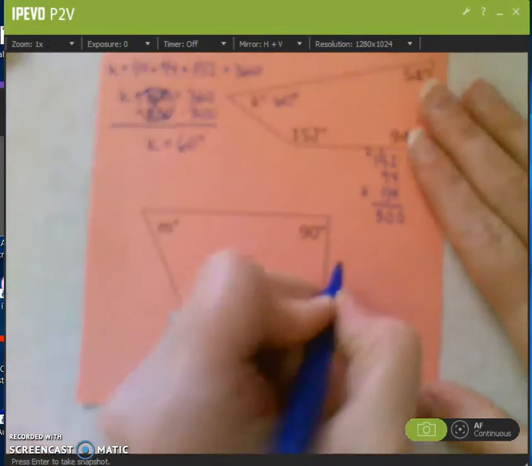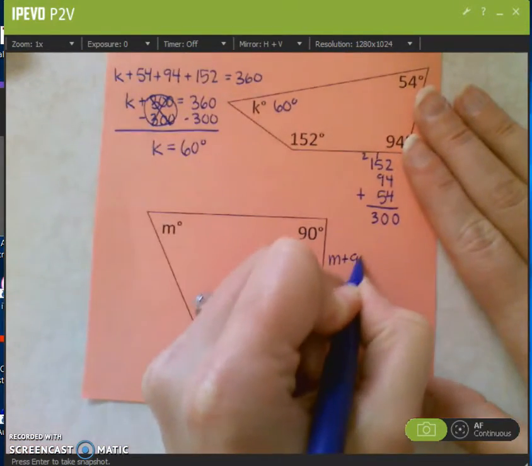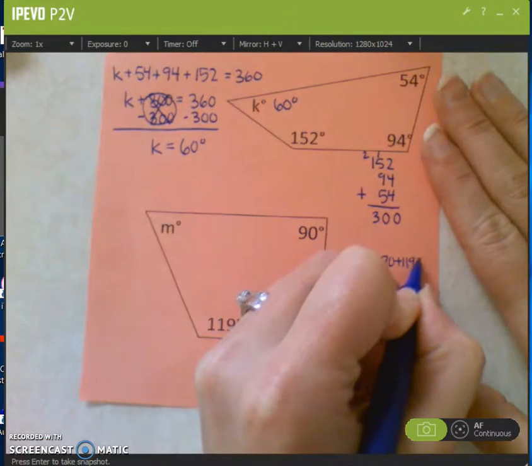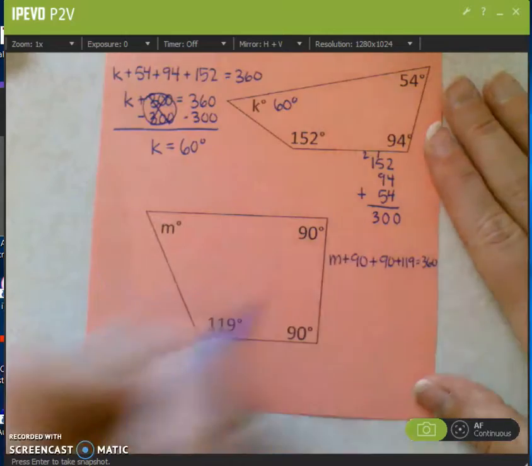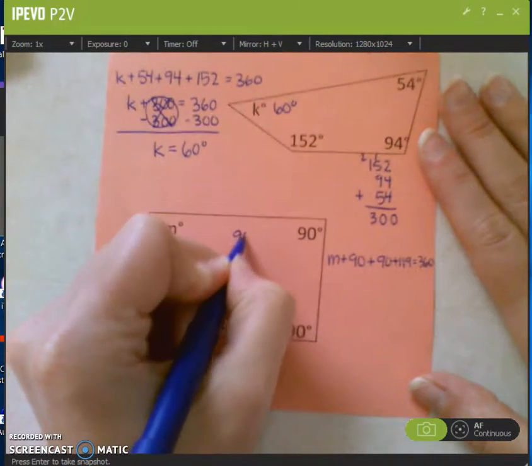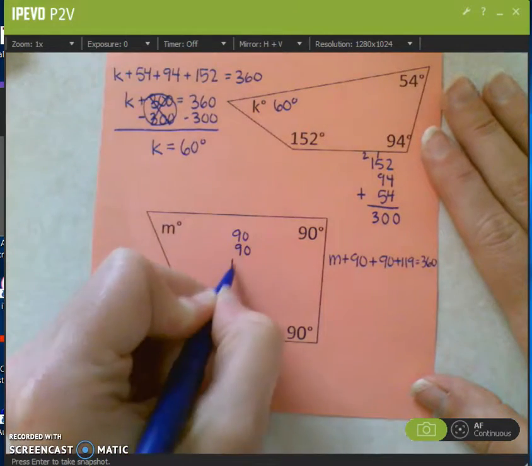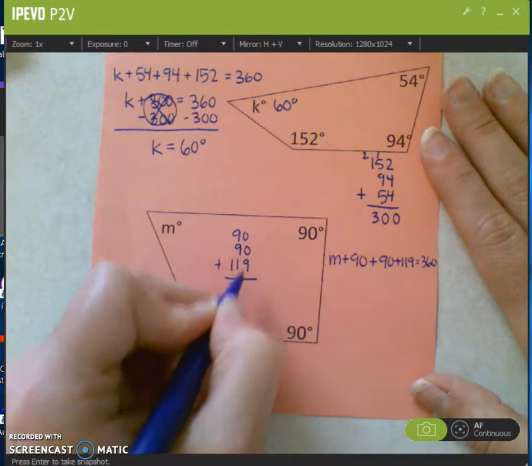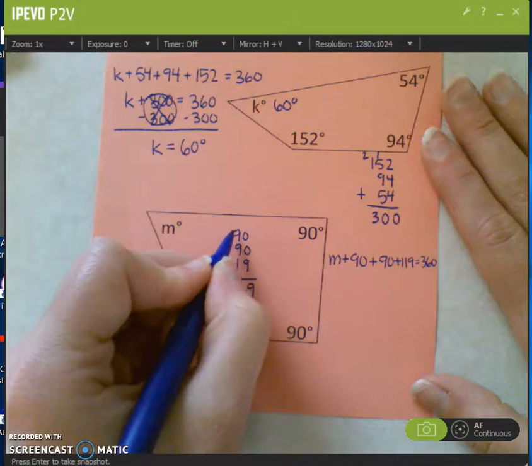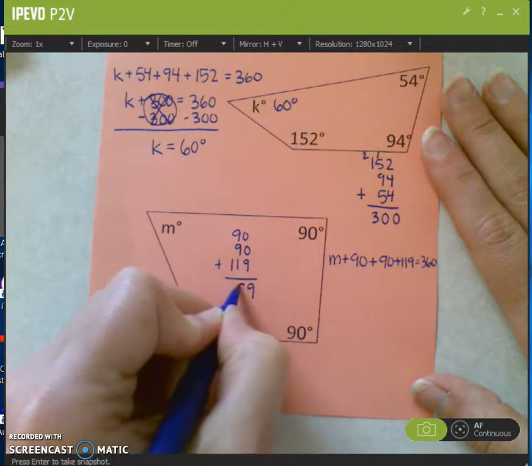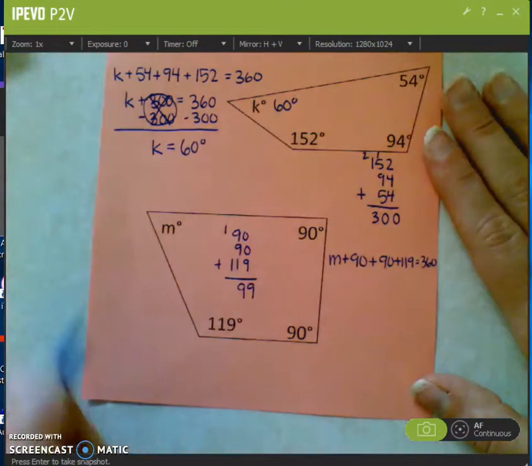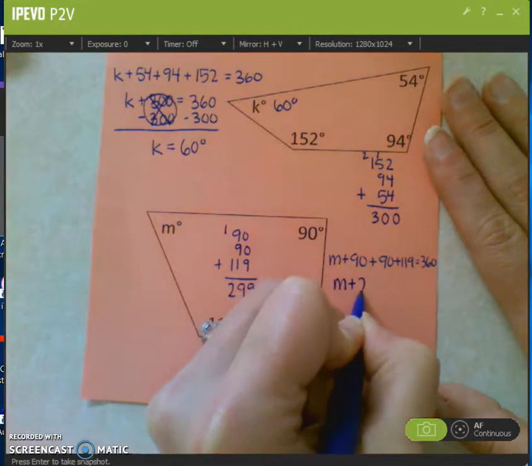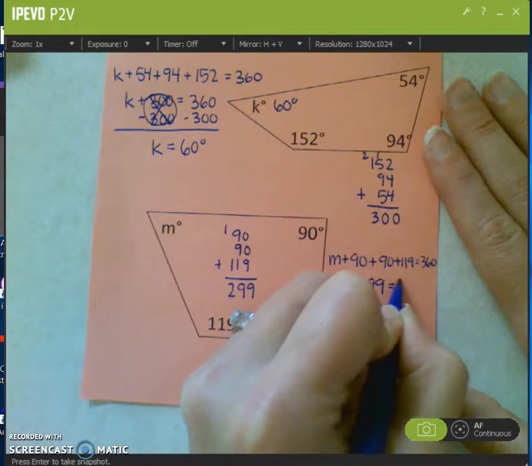So for this one, we've got m plus 90 plus 90 plus 119 equals 360 degrees. I'm going to add 90, 90, and 119 to the side here. 0 plus 9 is 9. 9 plus 9 is 18, plus 1 is 19, carry my 1. 1 plus 1 is 2, so I have m plus 299 equals